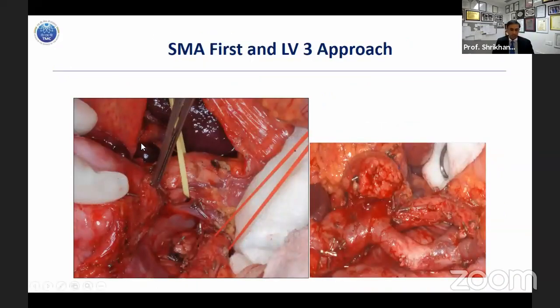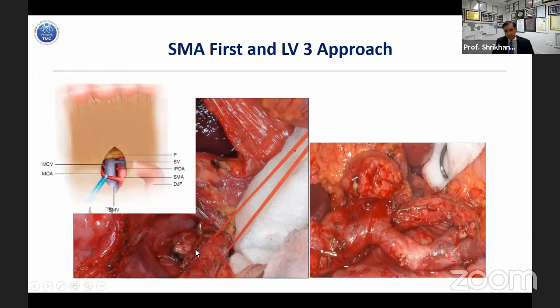So this is an example where you see it's a very old slide of more than 10 years, but it's easy to explain. There is a window in the transverse mesocolon. The pancreas is lifted up in the yellow tape. The superior mesenteric artery is dissected beforehand infracolically and looped up in the orange tape. The vein is involved by a large tumor, but the uncinate process that goes behind the vein is a normal, simple, soft uncinate process. So I work LV2 here and then come on to the artery.